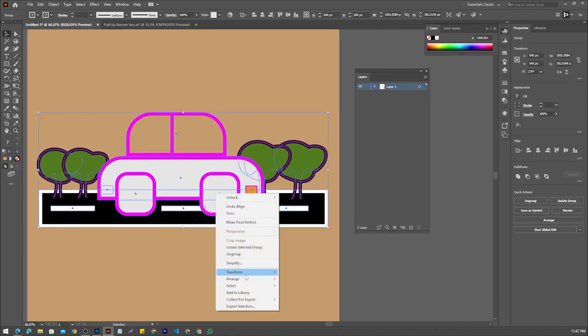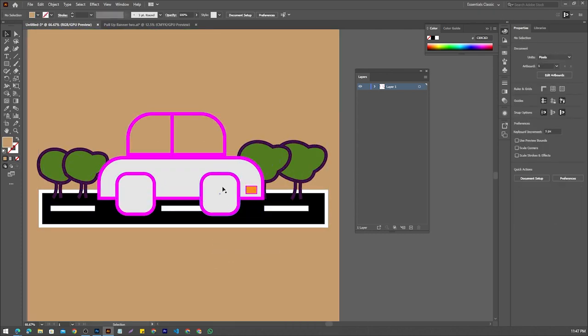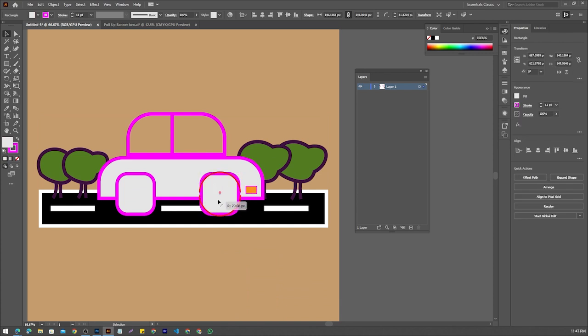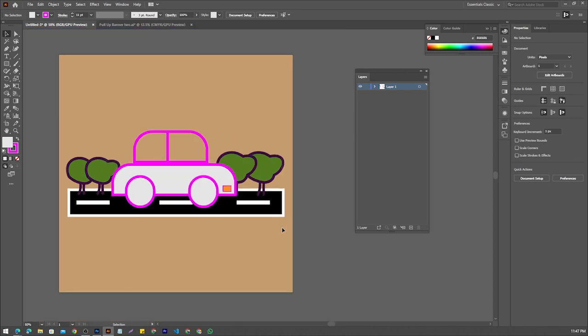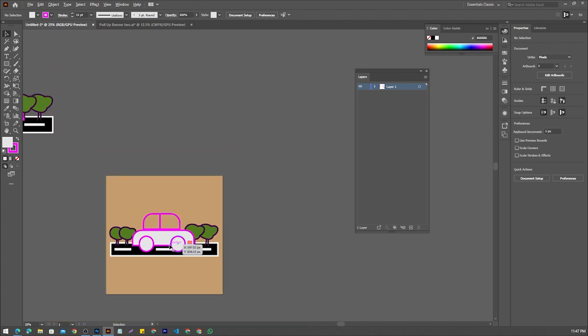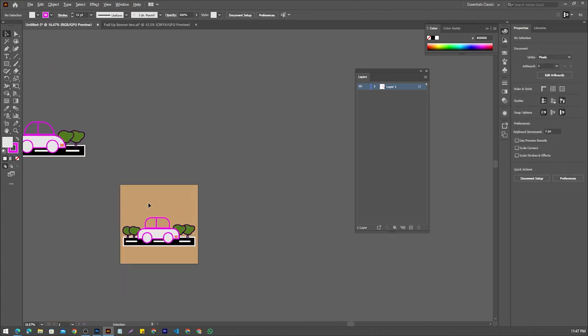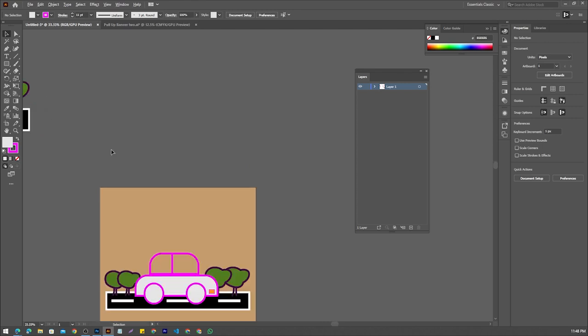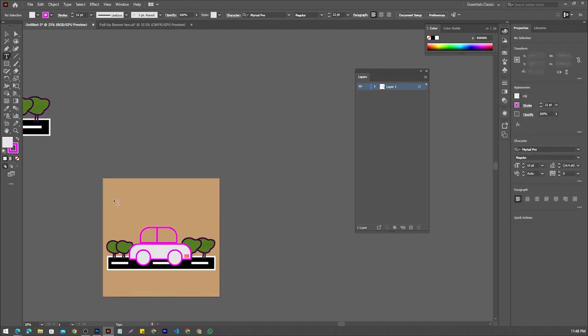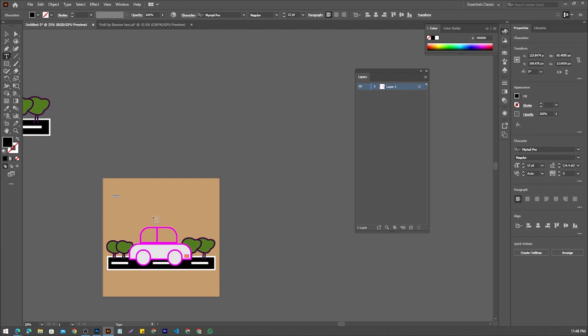And ungroup this one because I want to make this curve. As you can see, like this. Then again, right click on it, then group. Okay, so let's make a little bit of layering. So let's say if you want to type something else, you just need to go here, click, then right click on it, then